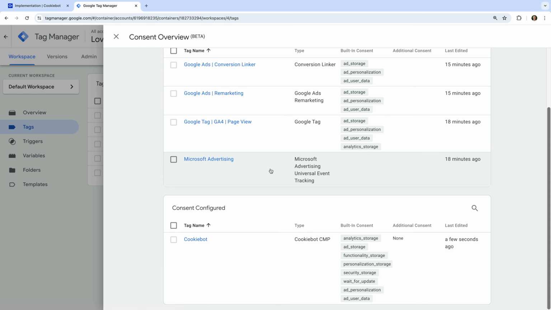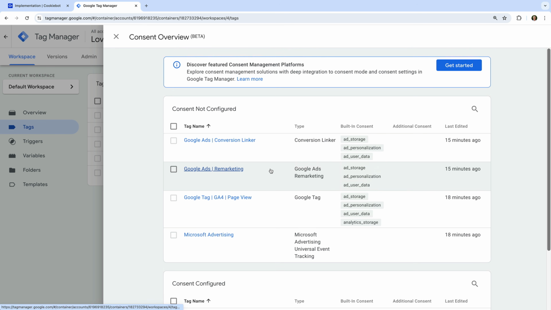Now we need to configure the consent settings for the tags still listed under Consent Not Configured. My tip here is to look for any tags that don't have any values listed under the built-in consent column. These are the tags that don't have built-in consent settings, and will need to have the custom trigger we created applied to them. We can see the Conversion Linker, Google Ads Remarketing, and Google Tag all have values listed under